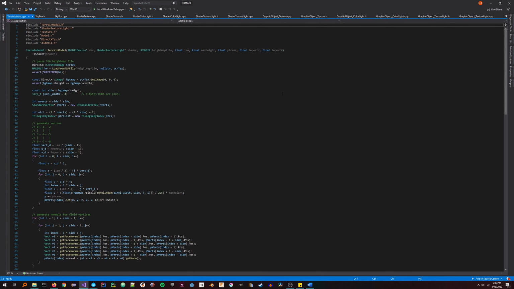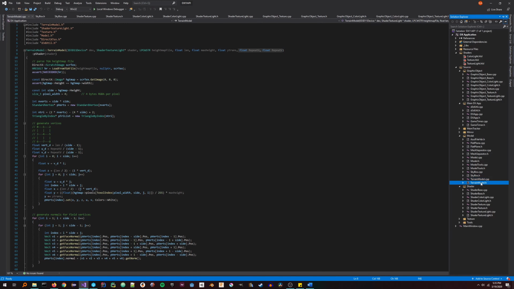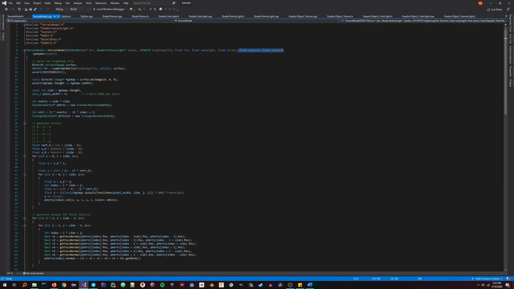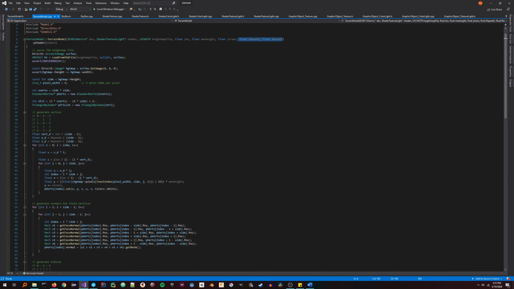And then the last interesting bit of code that I have is the terrain model class, and this takes in a height map as well as some parameters, so that would be length, max height, and Y translation, as well as the UV repeat parameters. And all of these have default values, so if I go over to my header, you'll see if you leave those blank, it'll give you a baseline to start with. So first, the height map is parsed,